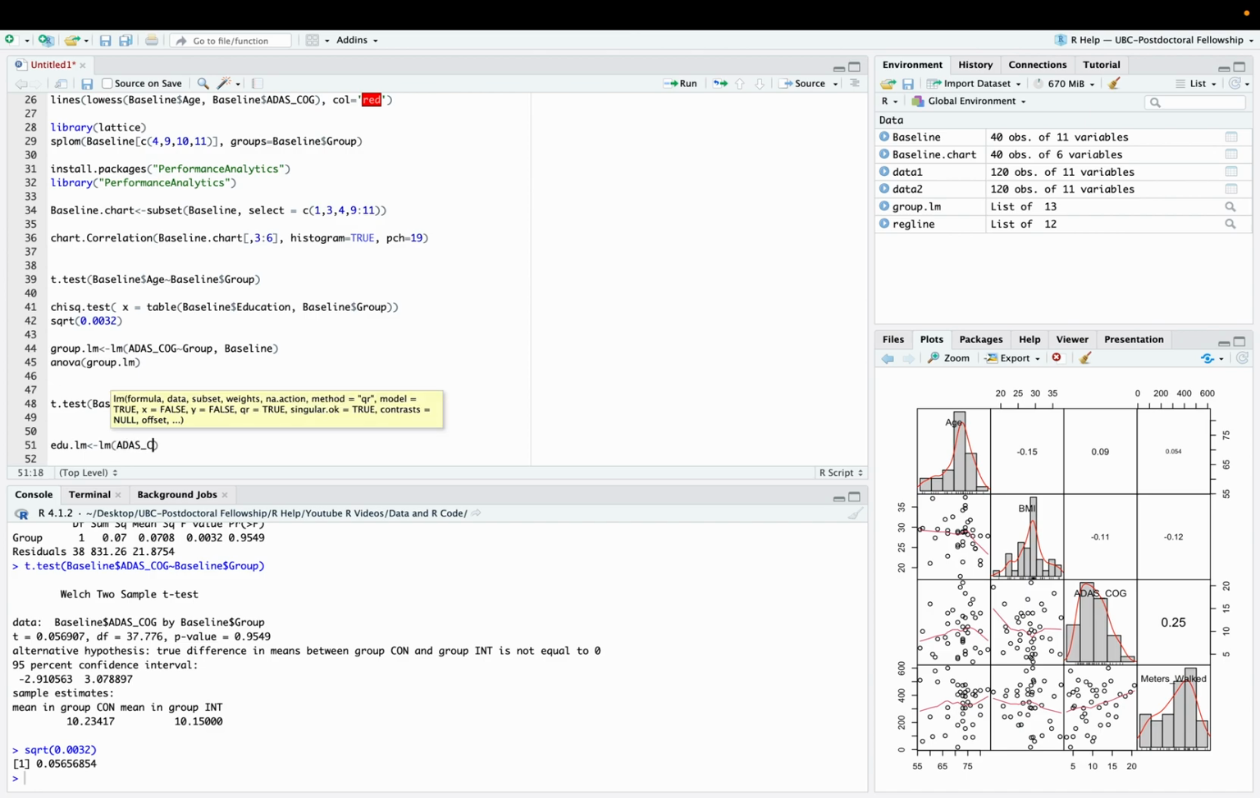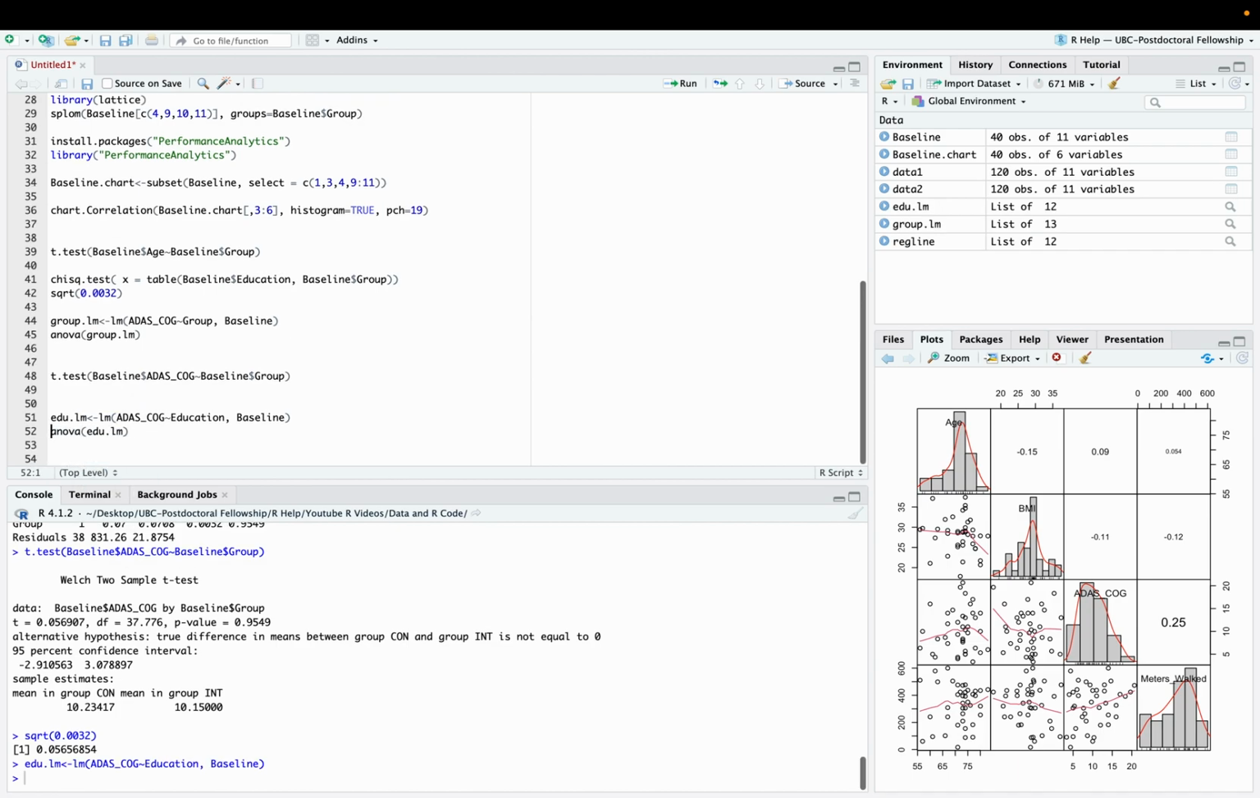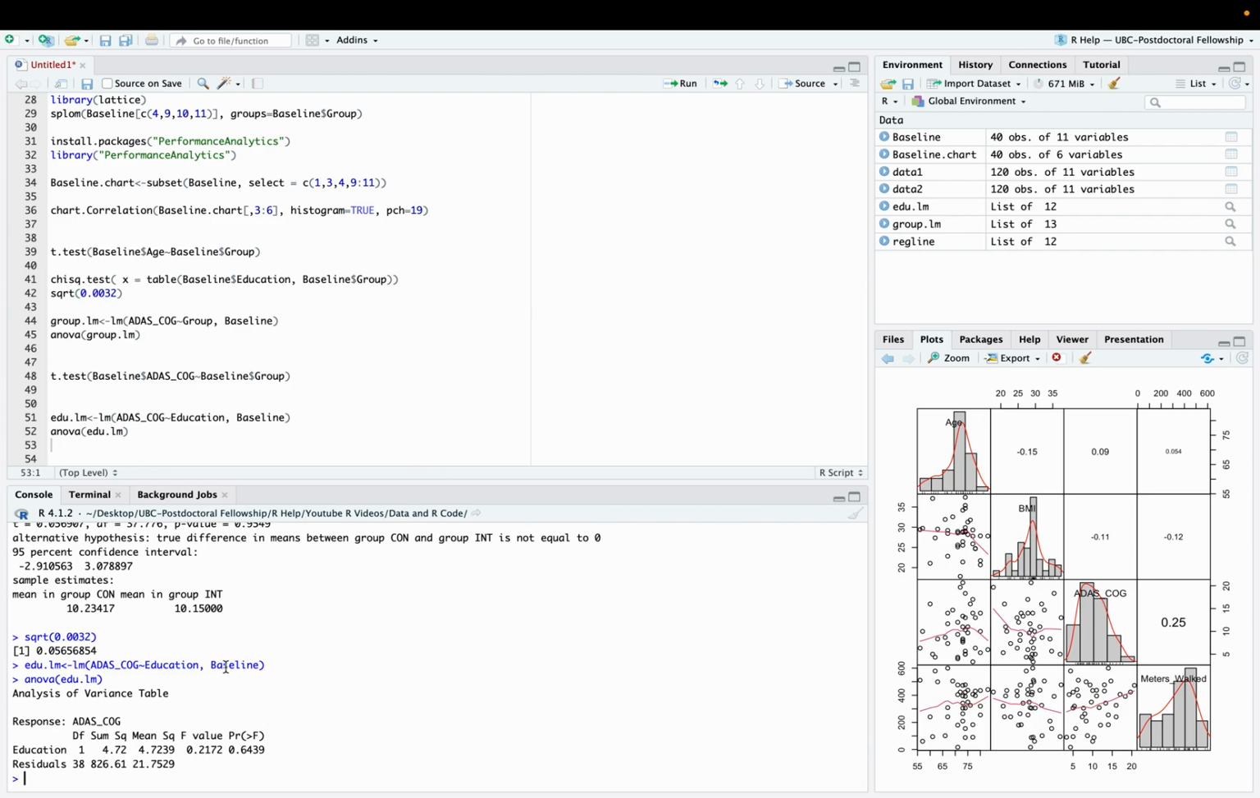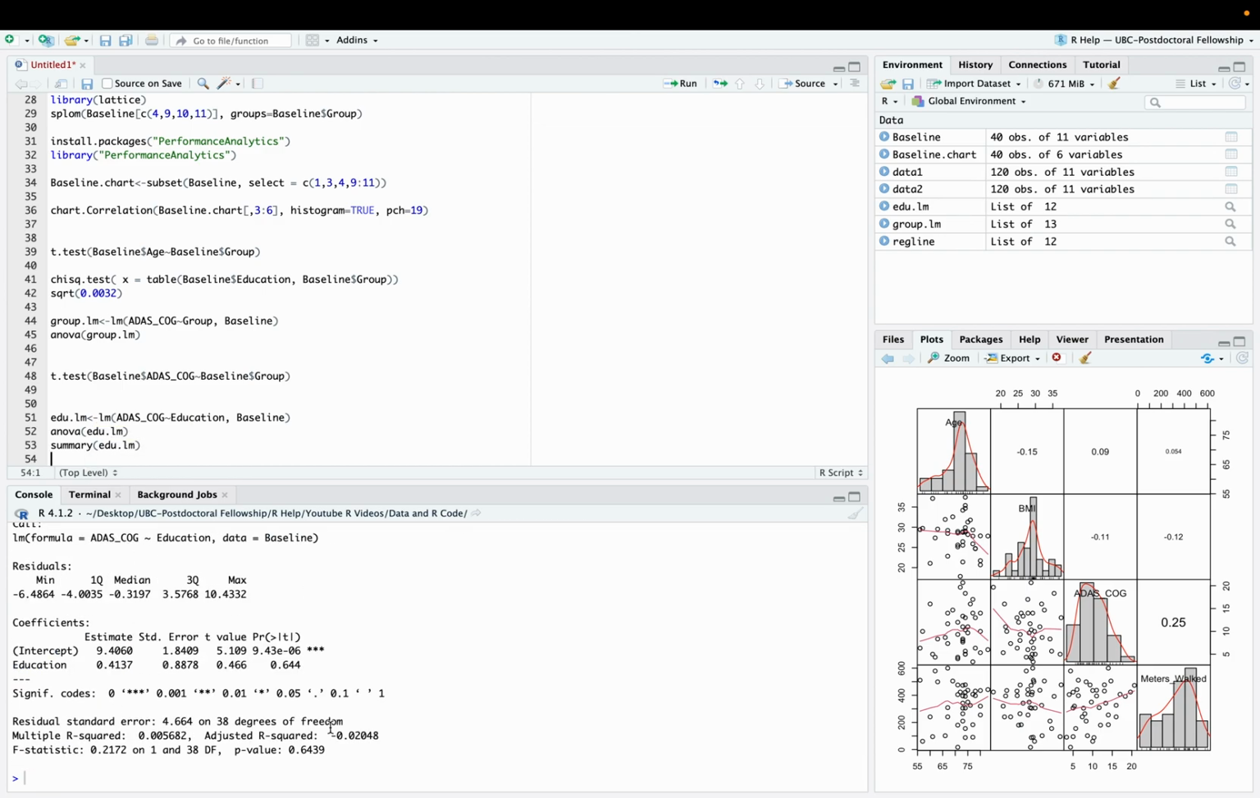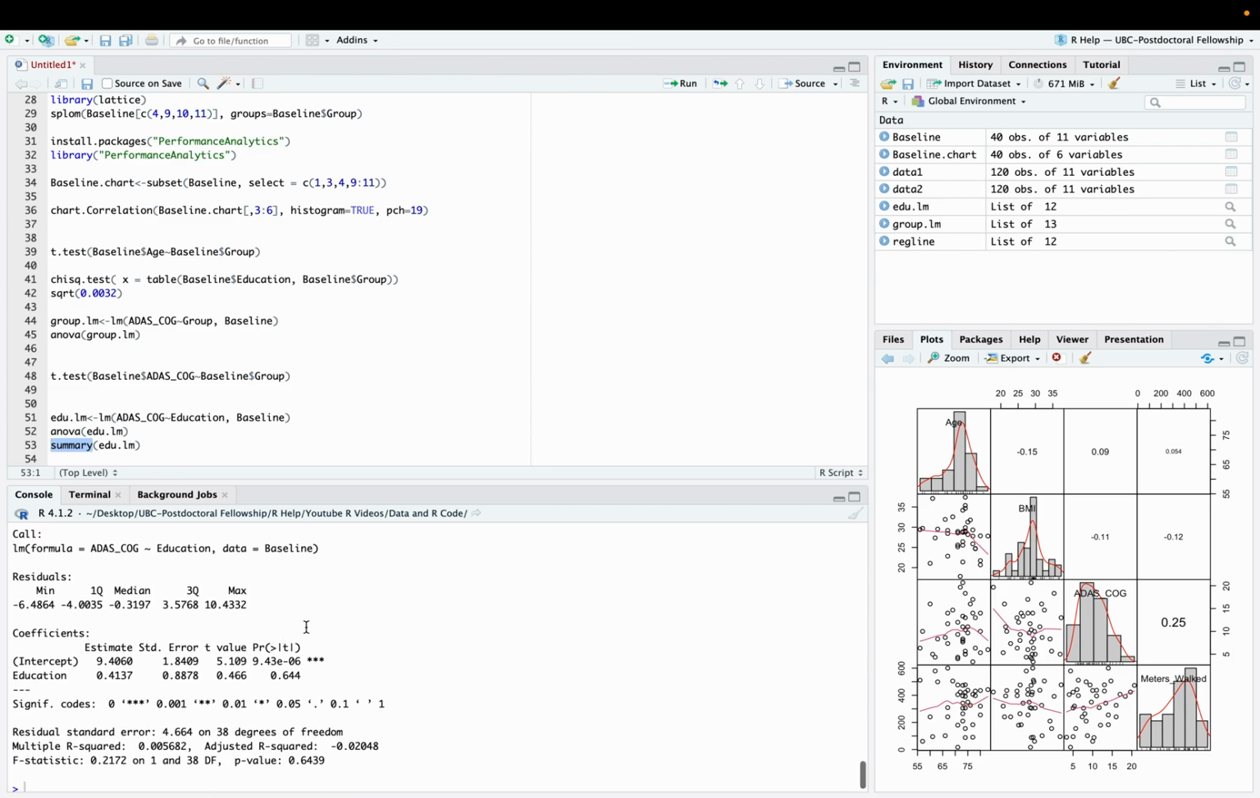And from here, we're just going to look at ADAS-COG by group differences for education. And what we can see here is that there might be some differences between groups. And while there aren't in this case, we can also look at a little bit more of a summary in terms of the relationships between variables. So if you want, summary is a good command to call as well if you want a little bit more details about the ANOVA test in particular, and to provide you a little bit more details about the R-square and